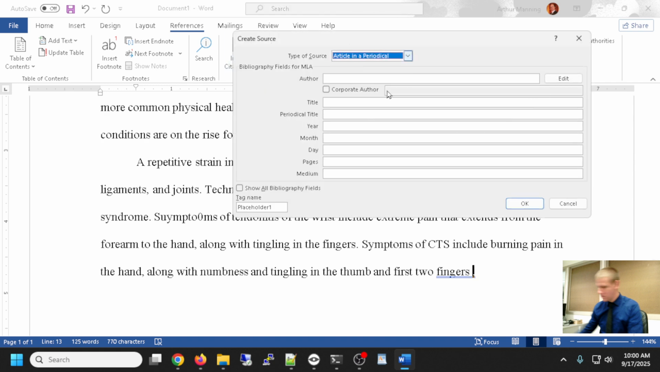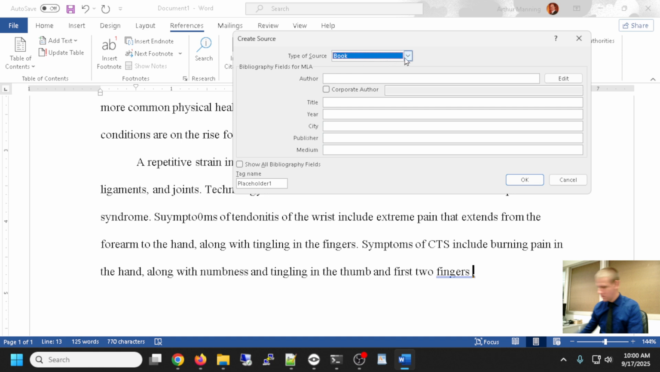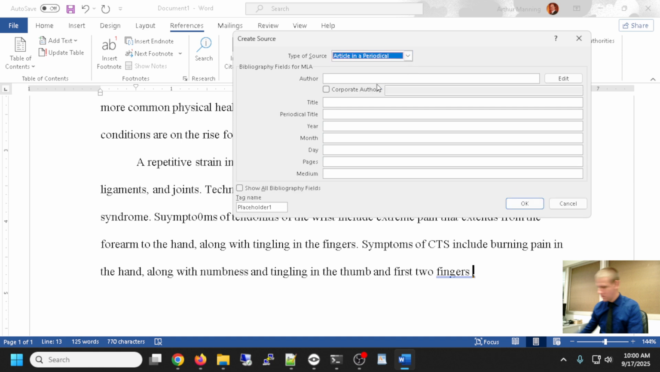And the type of source that I want to insert is an article and a periodical. It remembers the last choice you had. You may have book listed there. Change that to article and periodical. And these are the suggested pieces of information you should have, recommended by MLA, that should go in to an article or periodical. And the information we have is